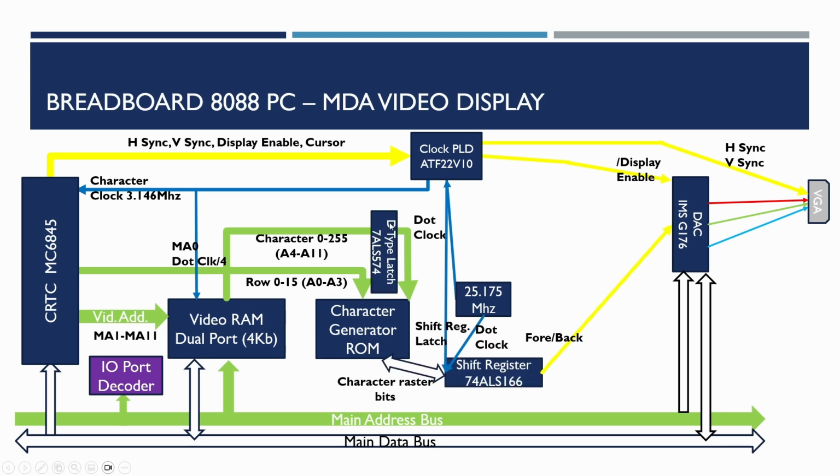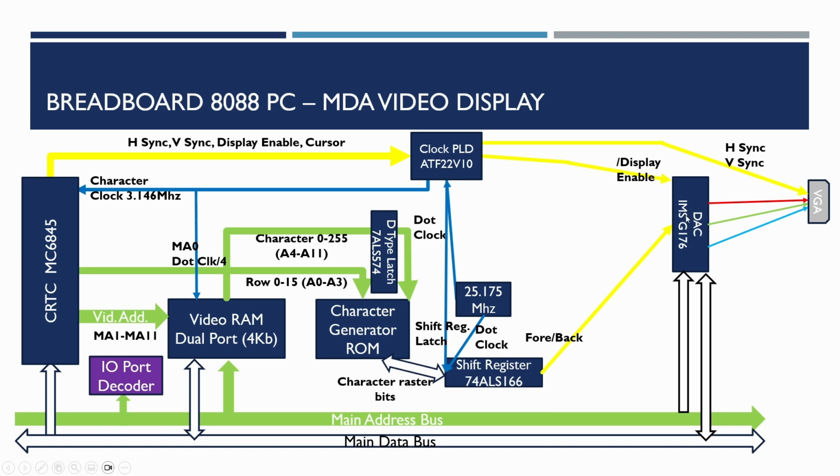So then we need to add a latch for the character output because the video RAM is going to be switching between the attribute output or color output and the characters. We need to latch the value. So in fact the value going into the character generator ROM here for A4 to A11 will be latched. And then the data output from the character generator ROM is the raster image of the character, and that goes into the shift register, and then the dot clock rotates the various bits in that out to